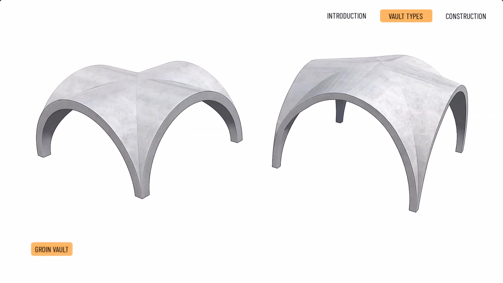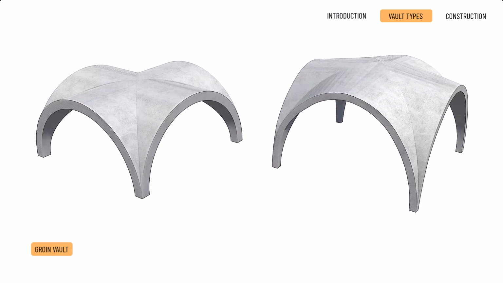Groin vault or cross vault. The groin vault is created by intersecting two barrel vaults of identical structural dimensions and shapes by removing the solid material of the intersection and keeping the vaulting outside the area of the intersection. The line of intersection of the vaults will be the groin, and the frontal arch will be the curve of the original vault. It is considered an open vault, with only the lower points of the frontal arches requiring support